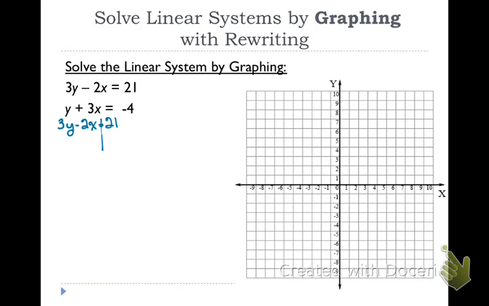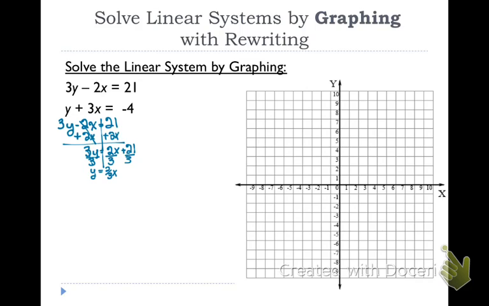The first thing I'm going to do is get rid of my x term by adding 2x to both sides. That gives me 3y equals 2x plus 21. Now I cannot add 2x and 21 because one has an x and one does not. And then the second thing I have to do is get rid of my 3. I'm going to do the inverse operation of multiplication, and I'm going to divide by 3. Now, I have to divide everything on the right side by 3. So that gives me an equation that is y equals